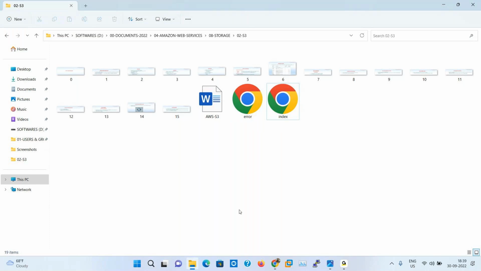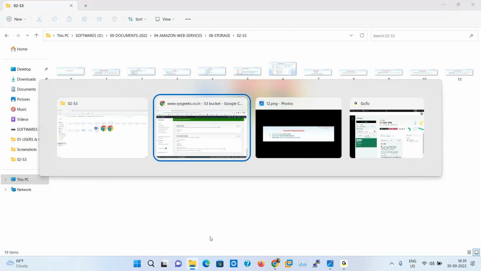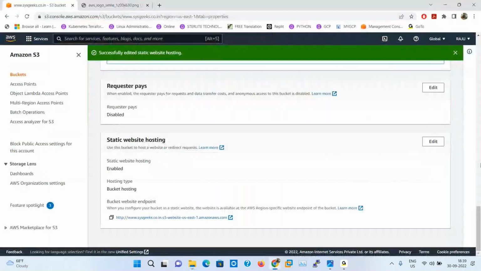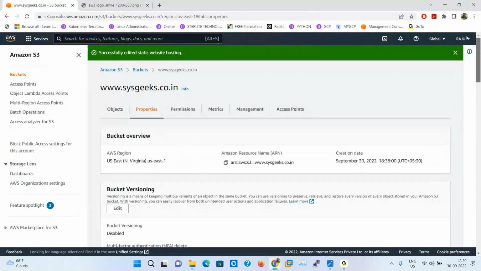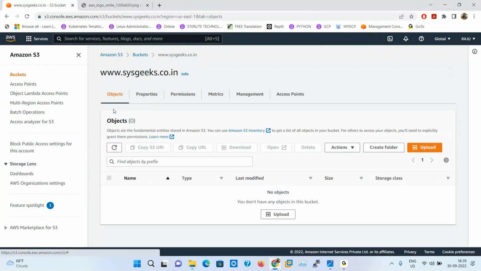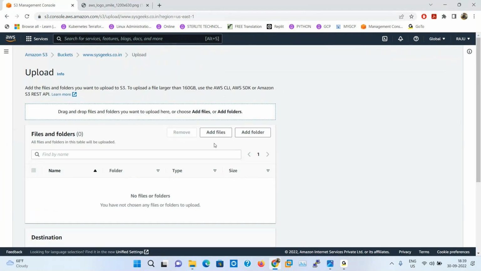Now I want to upload these two files. So how to upload? Upload in the same bucket under objects, upload. What is the bucket name? sysgigs.co.in. Now we are uploading, add files.